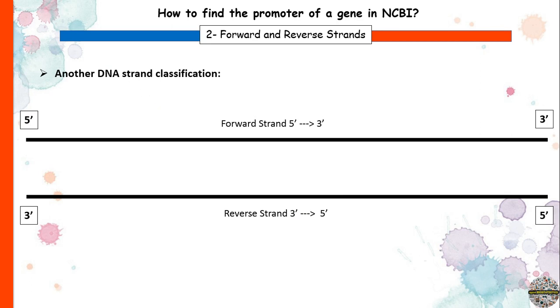We talked about the coding and template strands, but we also have forward strand and reverse strand. The forward strand is always from 5' to 3', and the reverse strand is from 3' to 5'. And the important point is that in most bioinformatic websites like NCBI, we always see the forward strand. So this is the second DNA strand classification,